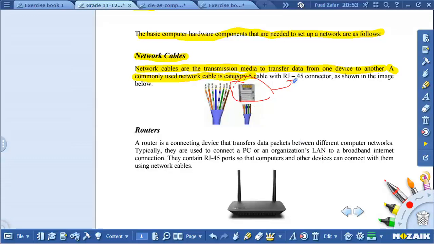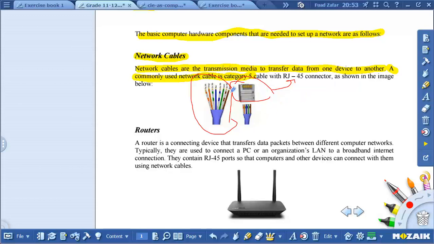And this is your cat 6. There you have different types of category, cat 6 sometimes, and cat 5. Category 6 contains 8 cables: white orange, orange, white green, blue, white blue, green, and white brown, brown. So these are the cables of cat 6 or cat 5 cables, and the name of the connector is known as the RJ45 connector,